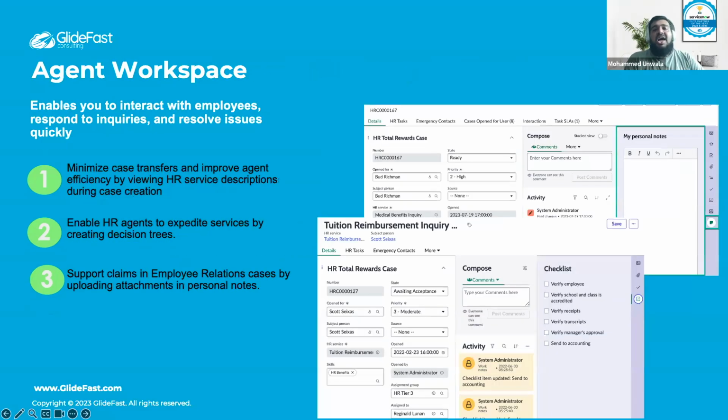Next up is Agent Workspace. As we know, it was enhanced and updated in the Xanadu release. Some of the notable new features in Xanadu related to HR Agent Workspace are related to accessibility. There have been accessibility improvements where the configurable workspace now supports WCAG 2.1 level AA conformance. It also now supports reflow, which enables pages and content to be zoomed up to 400% in your browser settings without loss of content or functionality. And lastly, we now have the option of guided tours within the configurable workspace. You can use the help icon from the main sidebar, which would initiate a guided tour for Agent Workspace